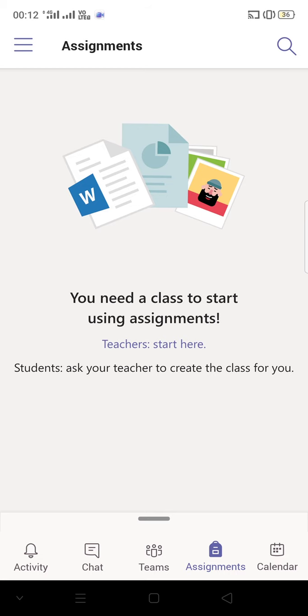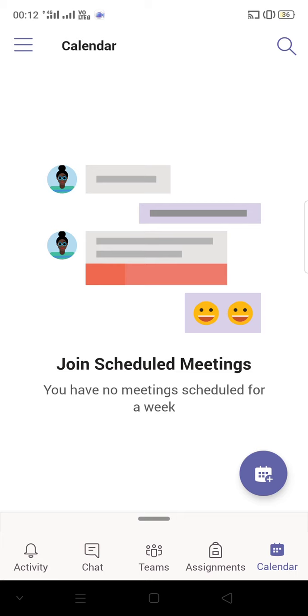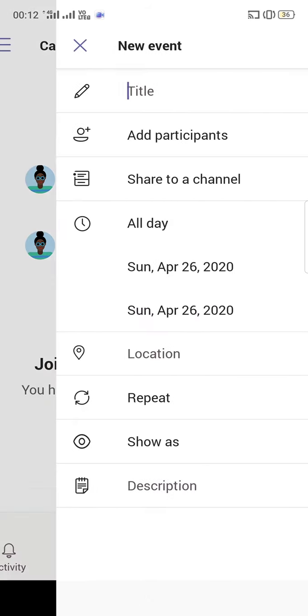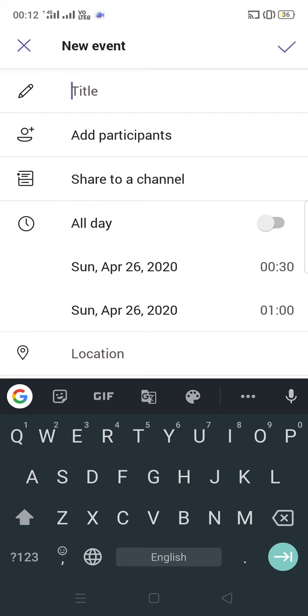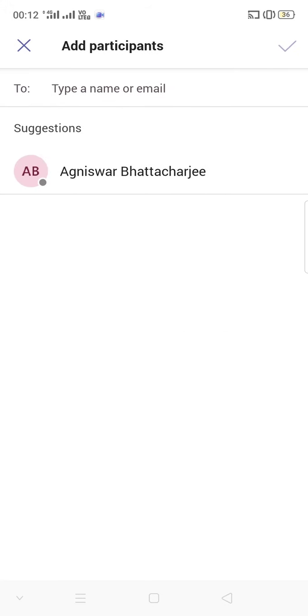You can share so many things in the classroom, and then in the calendar you can schedule the meeting. Suppose you want to schedule the very first meeting with your students, so go to the calendar, click here, and write the title, our first meeting. You want to add participants, add the participants.